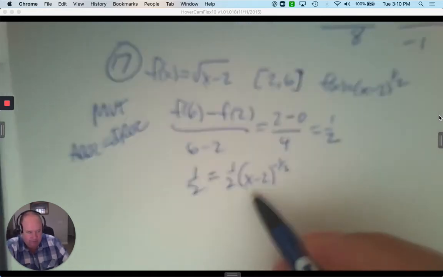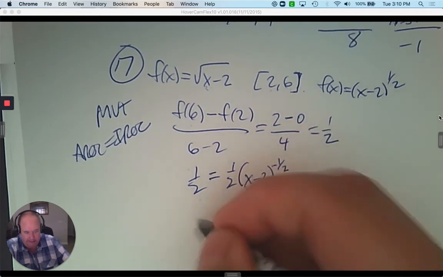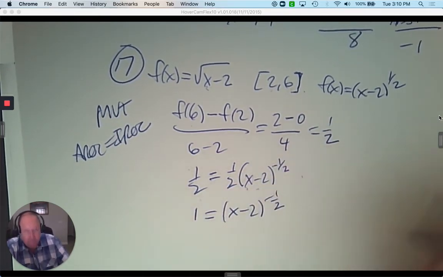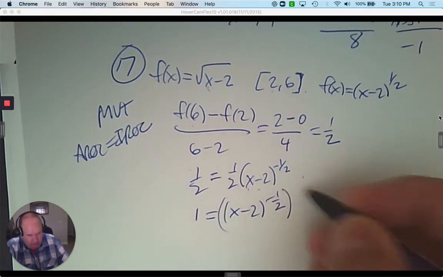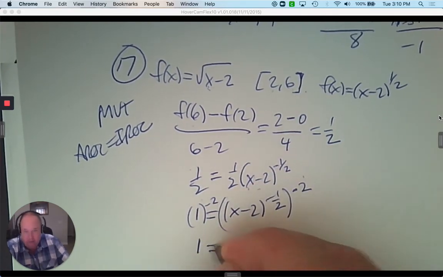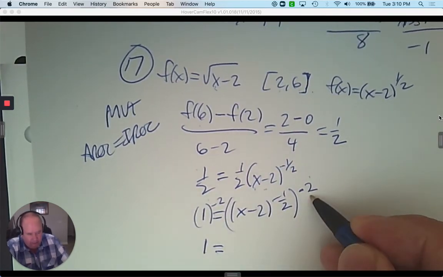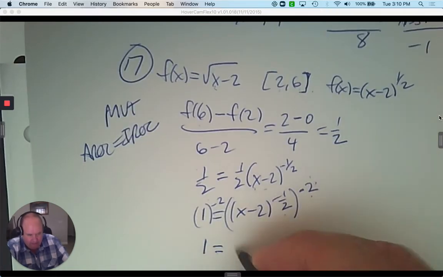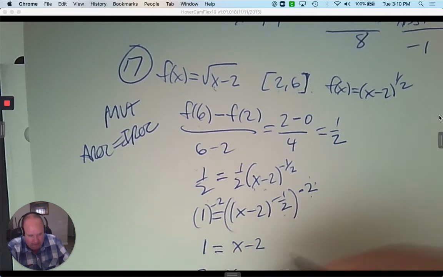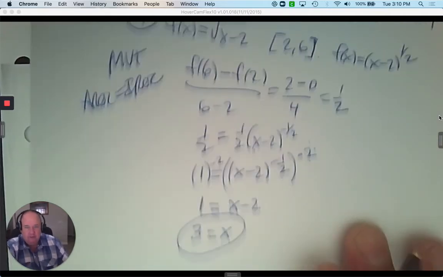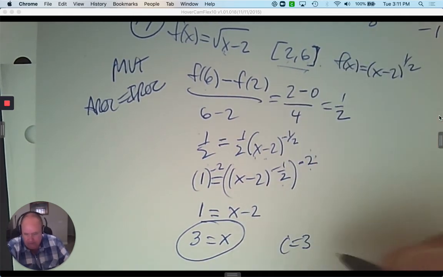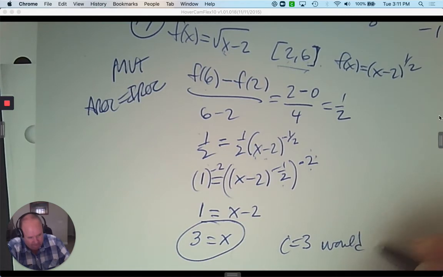So if I want to solve this, the first thing I would do is divide both sides by 1/2. That would be 1 equals this. The next thing I would do is raise both sides to the -2. Now 1 to any exponent is 1. That's why I did that. Here, -2 and -1/2 multiply out and just leave you with x minus 2 to the 1. Add 2 and you get 3. The last thing you need to check is whether 3 is in my interval. Yes. So c equals 3 would satisfy the MVT,